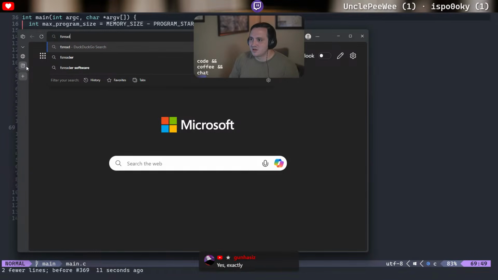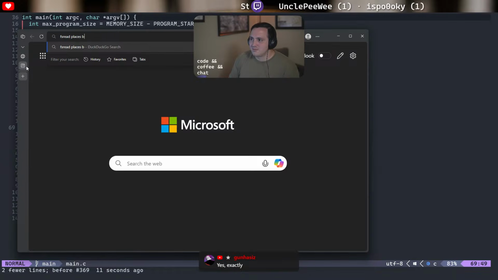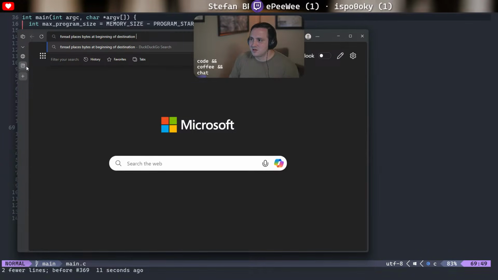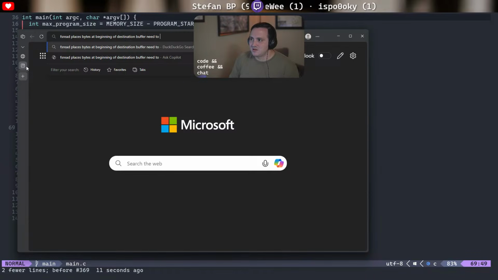Okay, fs read. Fs read places bytes at the beginning of the destination buffer. Need to shift